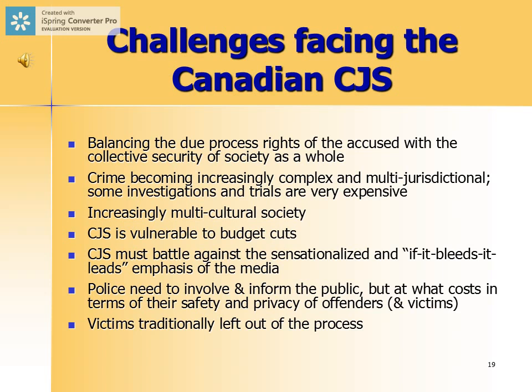Certainly one of the most significant challenges that faces the criminal justice system is balancing the rights of the accused with the collective security of society as a whole. This is the tightrope that the criminal justice system has to walk every time: you have to respect the rights of the defendant, and you have to ensure that justice is served, but at the same time you have to fulfill the other fundamental tenets of the criminal justice system, and that is protecting society, punishing defendants, and deterring others from committing crimes. This is one of the most complicated and fundamental tightropes that the Canadian criminal justice system has to walk.